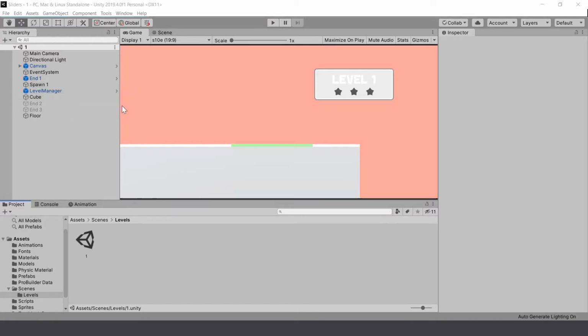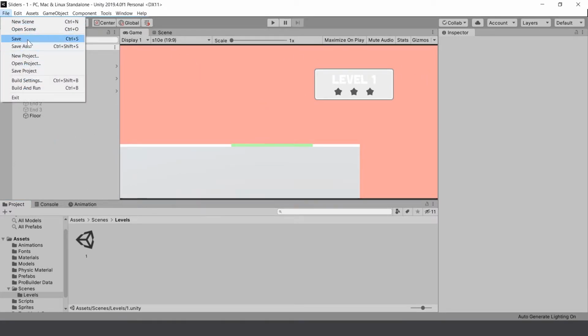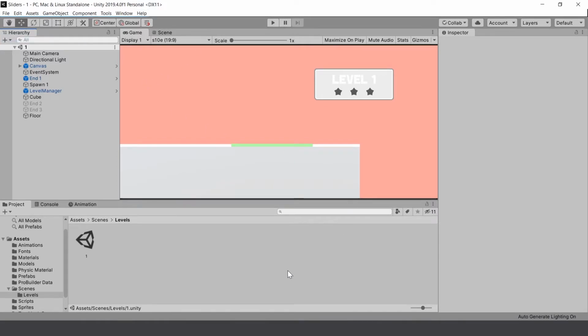And so if we just create it in this scene, when we make all the other levels, we can just copy the scene and it'll all be set up. We don't have to make prefabs and drag them in and make sure they're all set up and referencing everything. It's just a bit easier this way. So let's go ahead and set up the menu